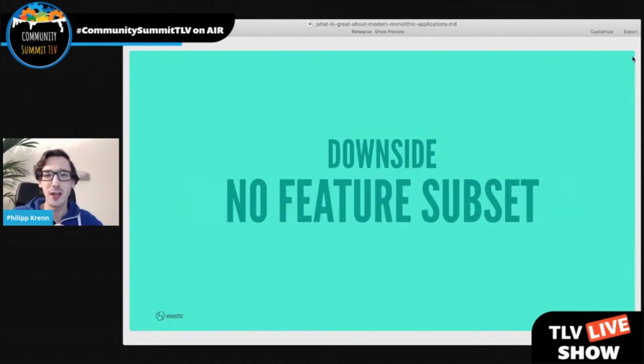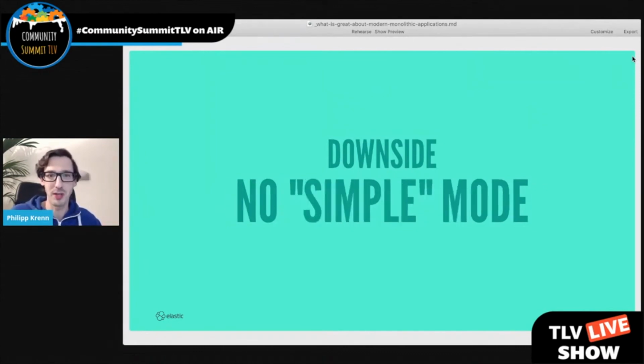You can also not say, oh, there is this feature subset, this little thing here is nice, I'll just take that service and reuse it somewhere else. While you can take the code and try to reuse it, it's not just a little service that you can take and move elsewhere or break out of the monolith easily.